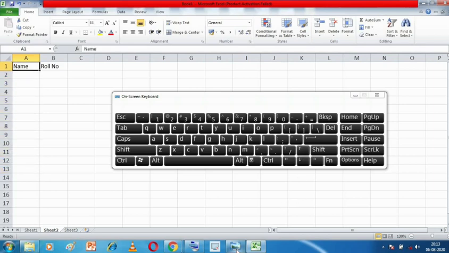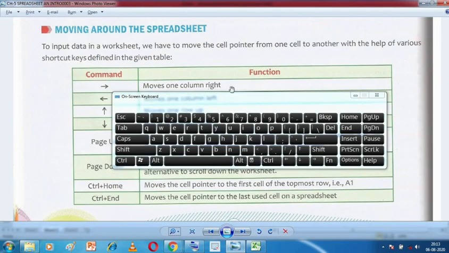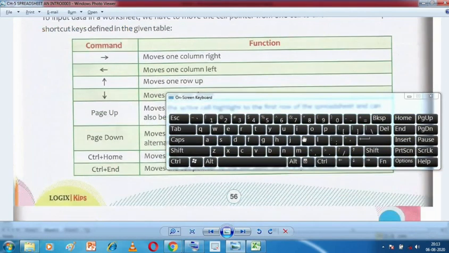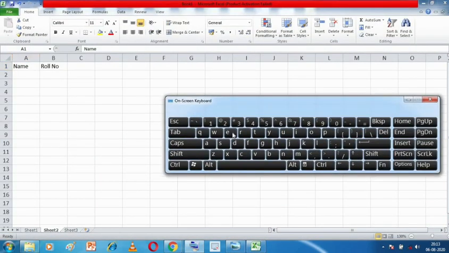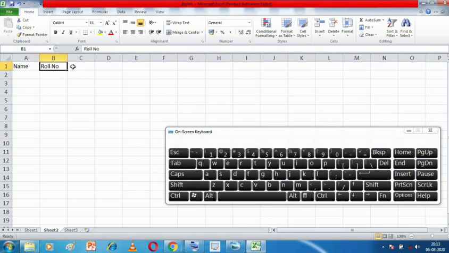So I hope you understood the use of these 4 arrow keys which are there on our keyboard. Now students, alternatively, instead of using the arrow keys, we can directly use our mouse pointer to take it to the cell which we want to make active, and then just click on that particular cell. So if I want to make G1 active, I'll just click on this G1 cell. If I want to make M1 active, I click on M1, and so on.